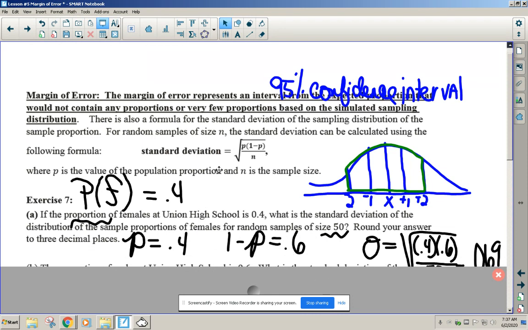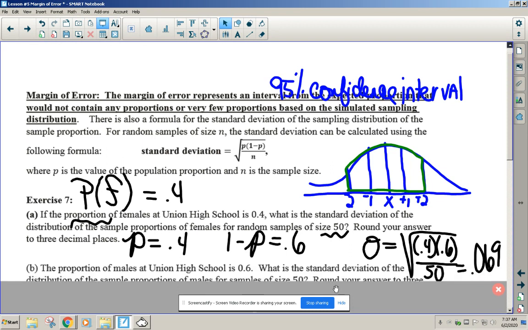So if I wanted to use this formula and calculate the standard deviation, I would multiply 0.4 times 0.6, hit enter, divide it by 50, hit enter, and then I would put that value in the square root. So you have to be careful with the order of operations in using the formula. So the standard deviation for this would be